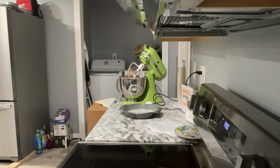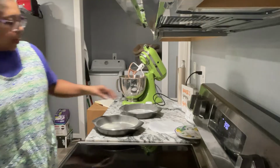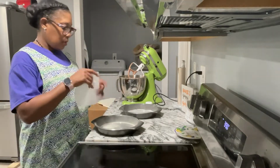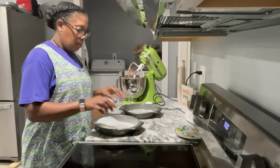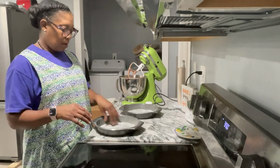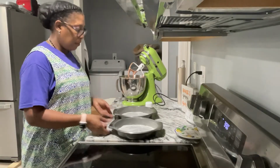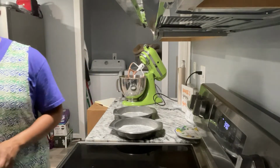Okay. So I'm going to spray this one. I spray the sides and the bottom very well. With this one, I'm not going to add the sugar to the sides. I never have a problem with these coming out. So I'm just going to put my wax paper in the bottom, so that the sides and the bottom have the same consistency. Okay. Now,